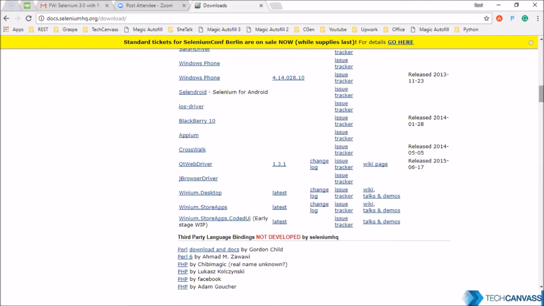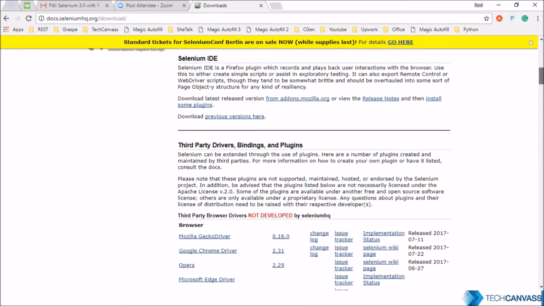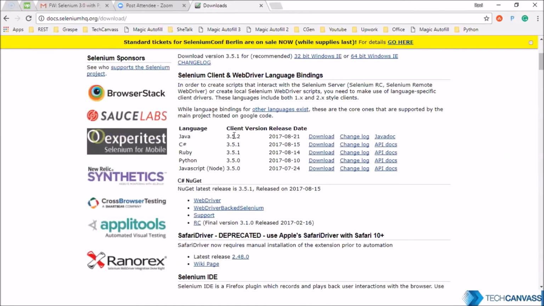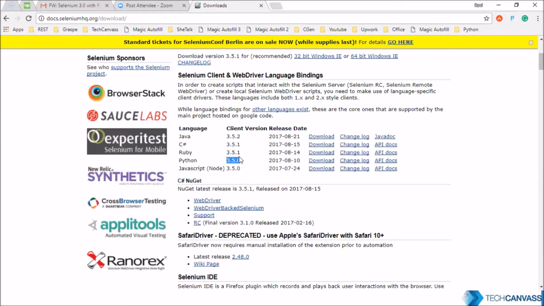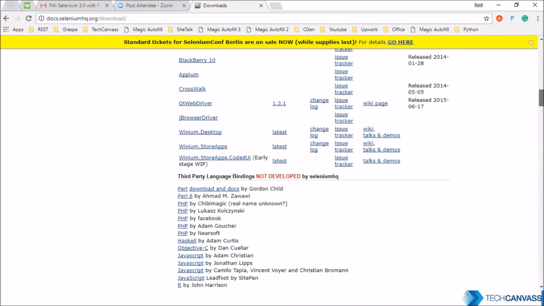When talking about support of languages, the major languages that Selenium supports are Java, C Sharp, Ruby, Python, and JavaScript. So these are the languages which are supported by Selenium. For Python, we can see the latest version is 3.5.0. For Java, the latest version of Selenium is 3.5.2. There are more languages which are supported